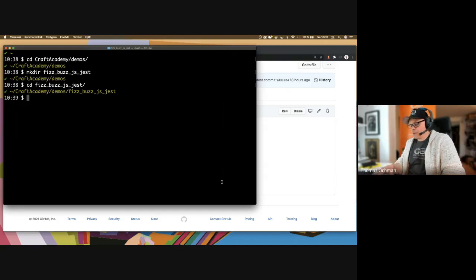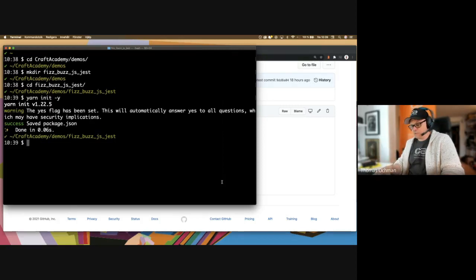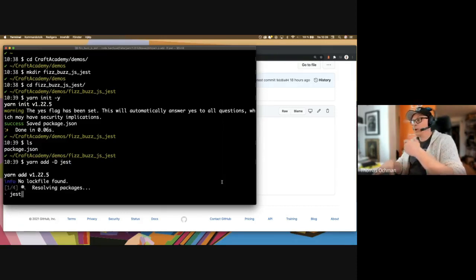and I'm going to initialize a yarn project in here, and I'm just going to answer yes. When you do yarn init, you get a series of questions. We don't want to answer all of them, so we just pass in this Y flag, and that is all done. If I do ls now, we see that there's a package.json here, right? Which means that I can now add Jest as a development dependency, because it's not included in JavaScript anyway. So we're just going to install this